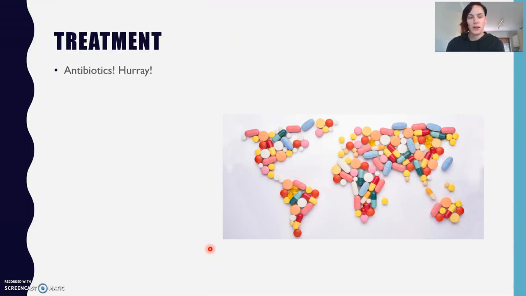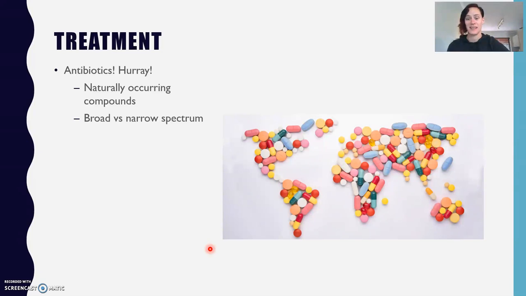We do have treatment though. We do have antibiotics, and that's fantastic because once upon a time they didn't have those. They are naturally occurring compounds, and they can be broad or narrow spectrum. Broad means they're covering off and trying to kill as much as they can. Narrow spectrum means they are specifically tailored to kill a